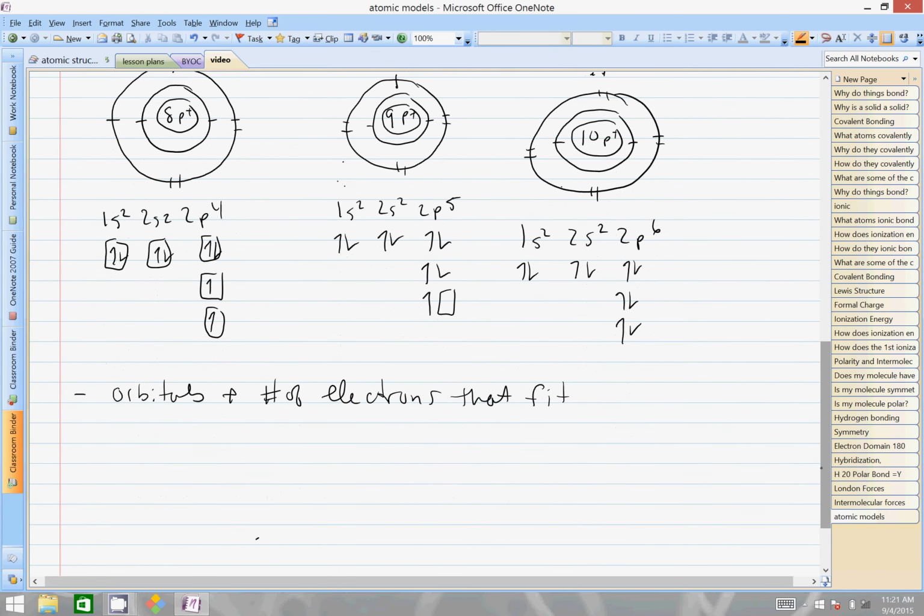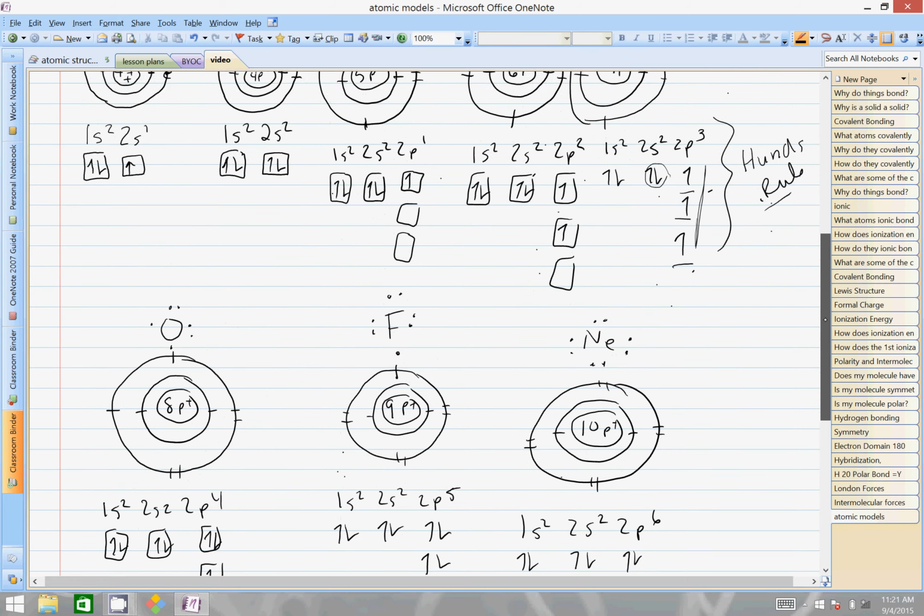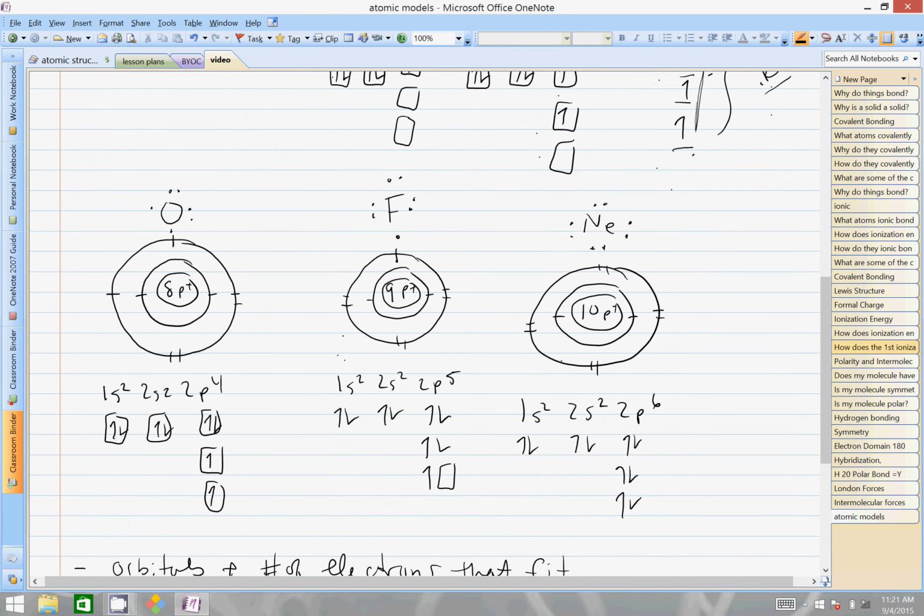Okay, and then we also want to note that a full shell tends to be more stable energy-wise. So at that point, how do atoms get to a full shell? And that leads it more and more into bonding. Okay. Now we'll just sort of walk around here and note that in this case, neon is a very stable configuration, very low energy. So for fluorine to get to this point, it would simply gain 1 electron to become